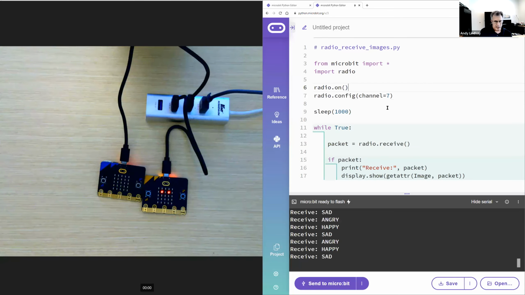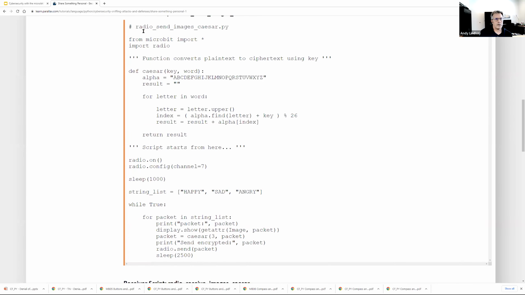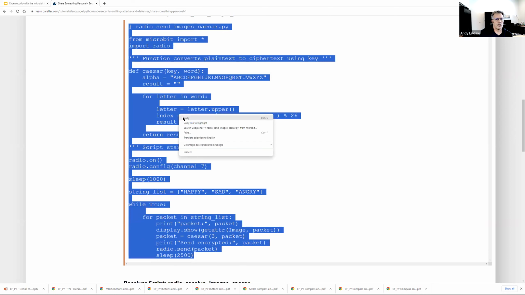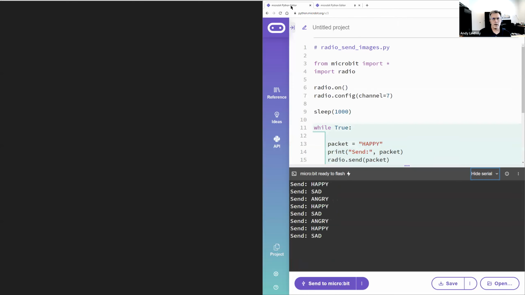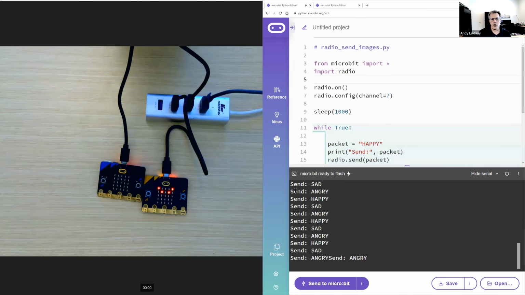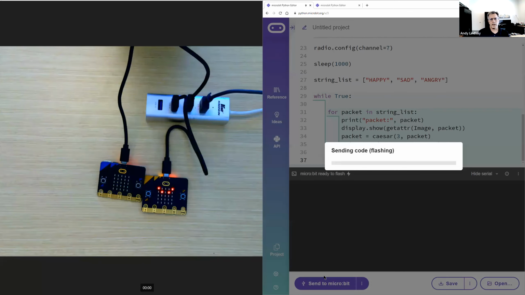So remember, just update the transmitter script first. In fact, I'll paste it to you. Hopefully, I don't know if it might be too big. Nope. Okay, so just update your transmitter script first, and then hopefully that'll cause an unhandled exception to occur with your receiver microbit. So you want to find the one that says send, and then we'll select all, paste, and send to microbit,